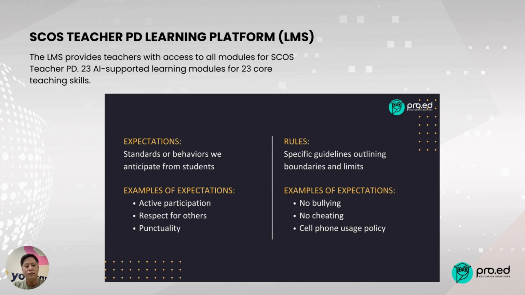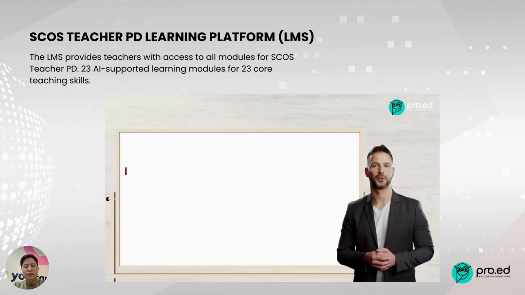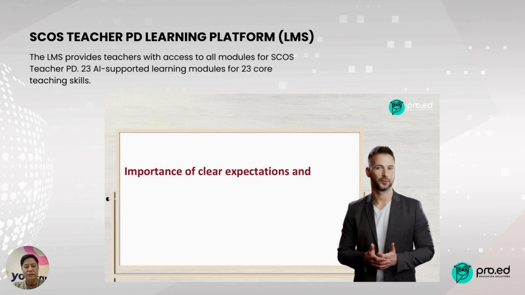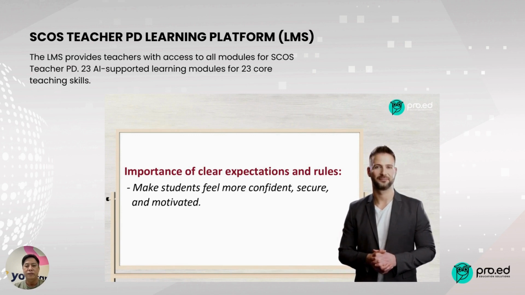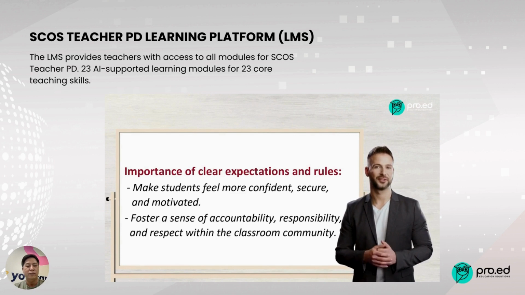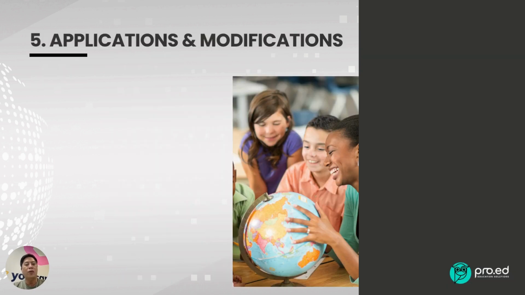They provide a framework for student behavior and ensure a safe and inclusive space for everyone. Now, let's talk about the importance of clear expectations and rules. When students know what is expected of them and understand the rules in place, they feel more confident, secure, and motivated to succeed. Clear guidelines also foster a sense of accountability, responsibility, and